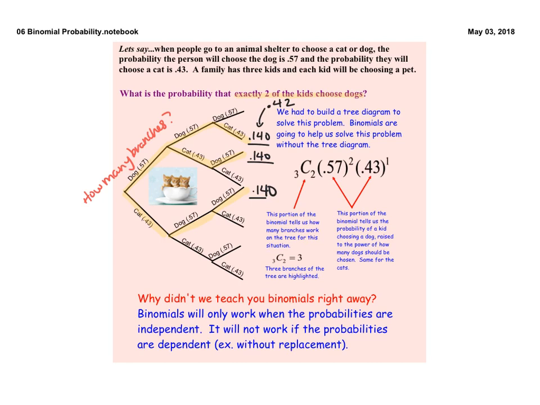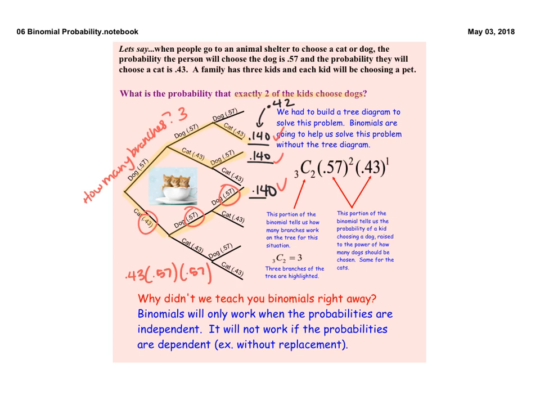Well, we had 3 that worked. This one, and this one. So there are 3 branches. Okay, so we needed to get 3 branches, and then to get the probability of each, we had 0.43 times 0.57 times 0.57, and when you're multiplying these 3 things, you could combine 0.57 times 0.57 and